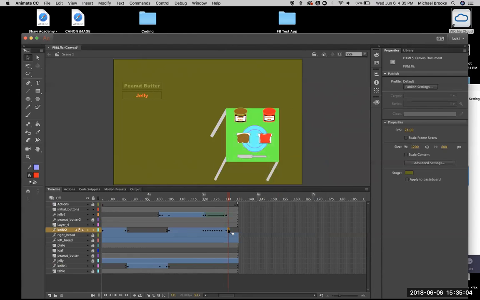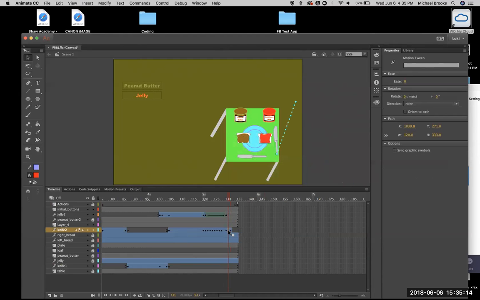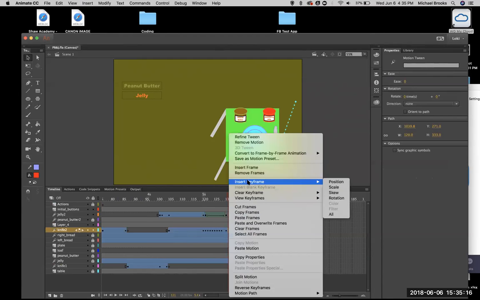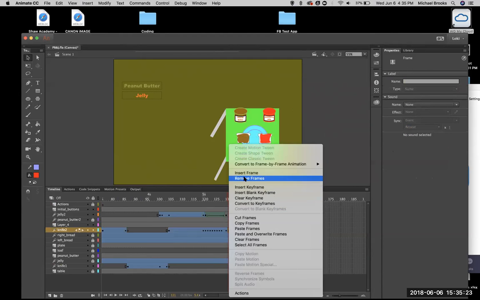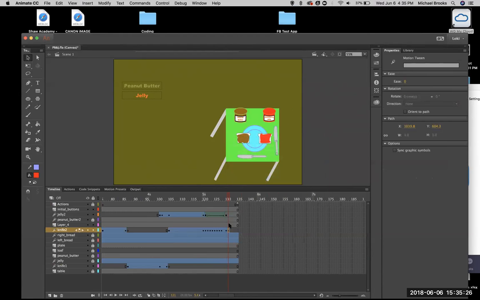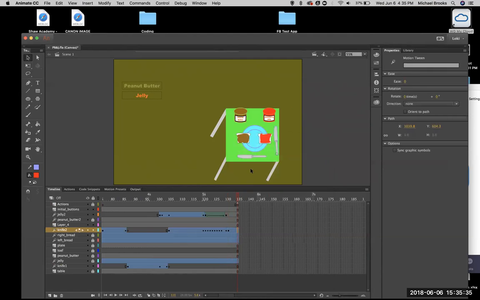So what we need to do is break it again, right? So we're going to go to right here, insert keyframe in that position. Come to right here, right click, and we're going to cut. So that takes it out. Now I remove it. So remove. So that goes from here to there. Now I'm going to insert frame, and this is where